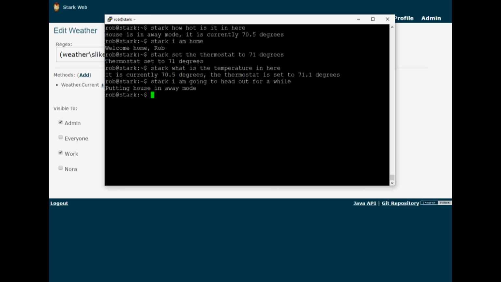Lastly, I want to talk about the integration with SmartThings. And I use SmartThings to control Z-Wave devices around the home, as well as do some other automatic things, because that's what that device is good at. Stark is good at taking events and pushing them into other things, but the point of this system isn't to reinvent the wheel and create home automation from the ground up. It's to take integration points that other products already have that they are good at